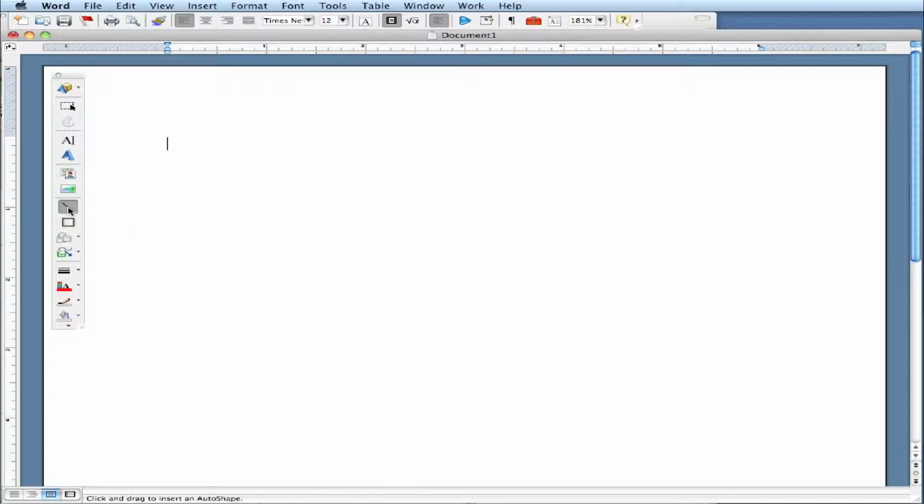So first let me click on this and drag. So that is my flat mirror basically. I can take another line and draw it here at an angle and have that be my light ray. Now it doesn't have an arrowhead on it, which I'm going to need for this challenge, so I'm going to